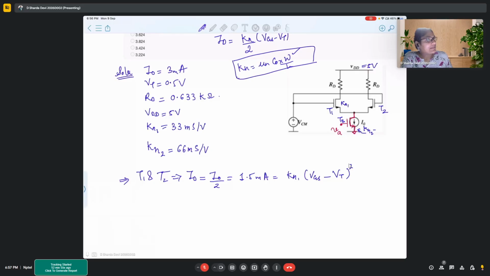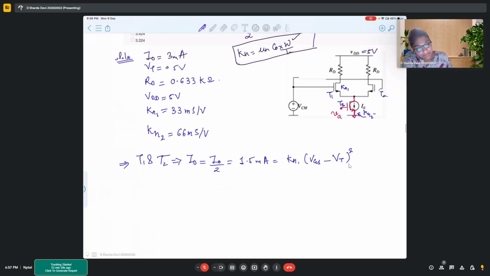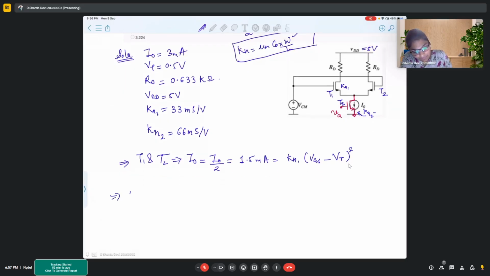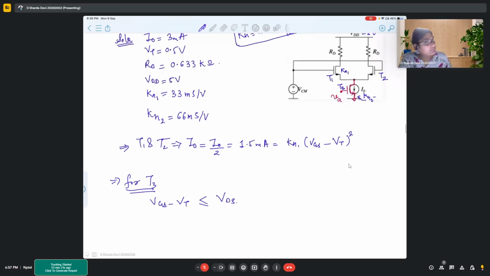In transistor T3, it is said that it is in saturation. So for saturation, we know that VGS minus VT should be less than or equal to VDS. So your VGS,